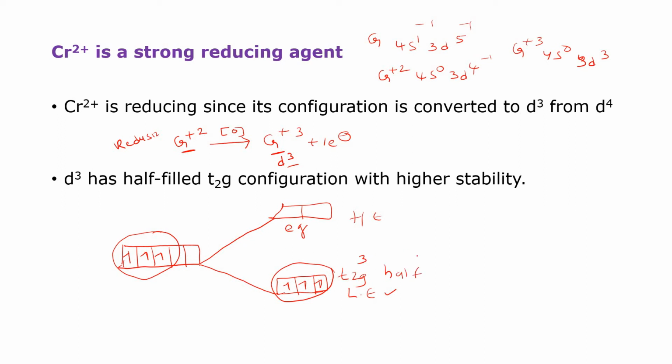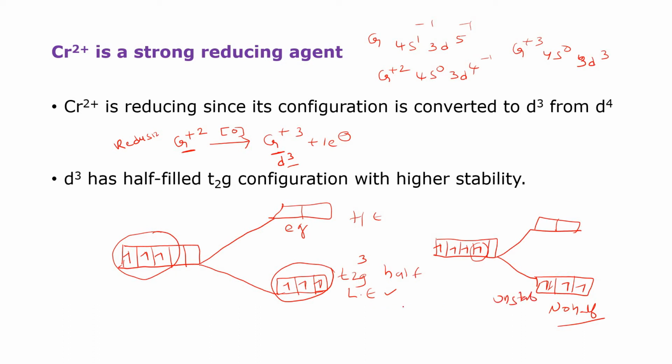But if I take 4 electrons, what happens here? For example, when you have 4 electrons like this, d4 configuration, 1, 2, 3, 4, 1 empty orbital. Here also it is splitting into eg and t2g. So 4 electrons you are having, but how many orbitals do we have? 3 only, 1, 2, 3. If I fill the 4th electron here, is it called half fill configuration? No, it is not at all half fill configuration. So this is highly unstable. It is unstable now here.